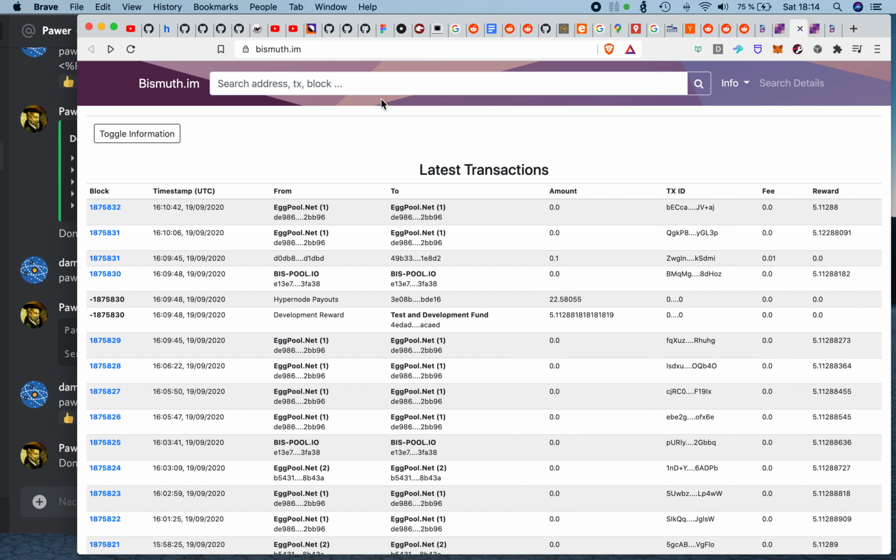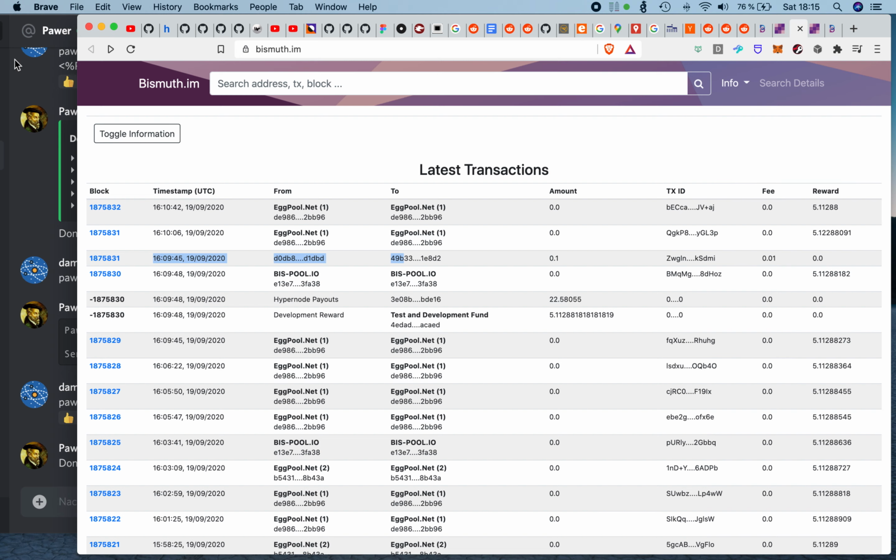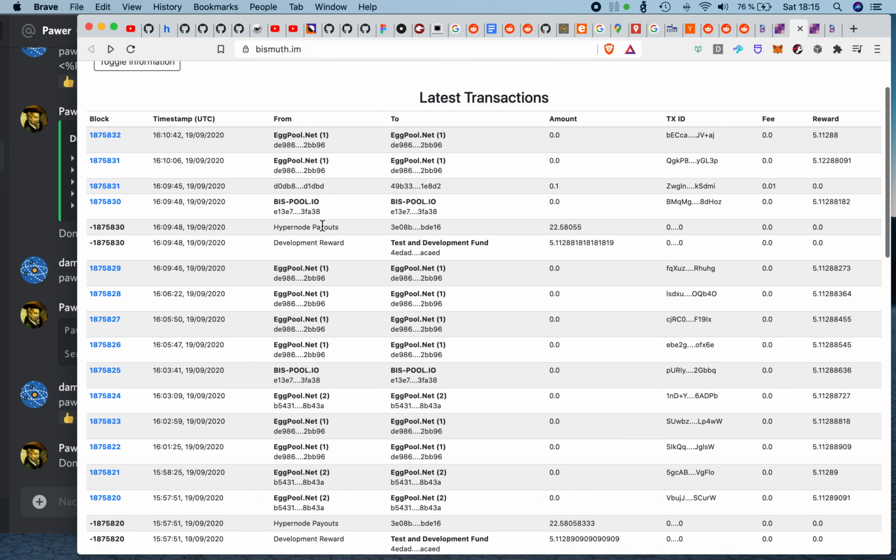Okay, so it takes some time to mine the next Bismuth block. But you did see that using the BISURL, it did work, and the same of course applies to the operation field. So I don't want to wait any longer. I tried it before, it does work,